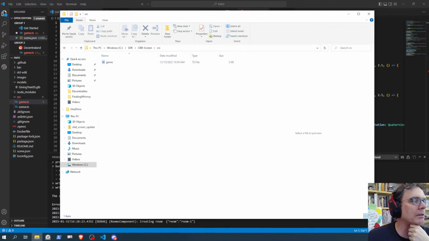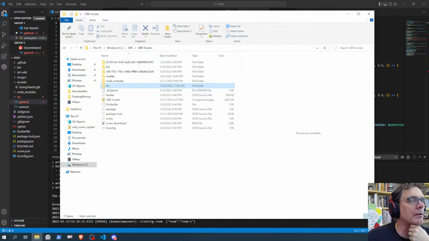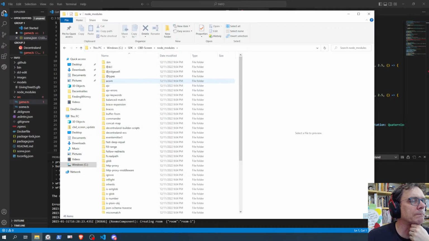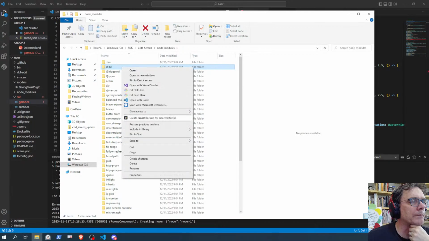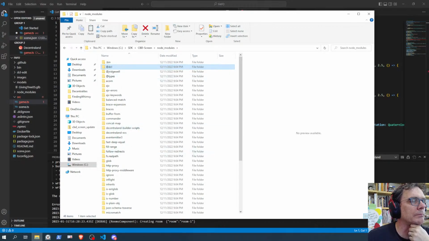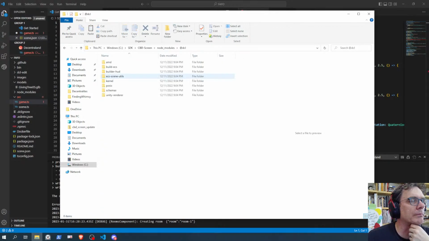I'm pretty sure I just downloaded it, but I'm not sure. Go node modules, and then I think it's either at DCL or it's there. It is at DCL, the second folder. Okay. And then what is it? HUD, something HUD. But yeah. Are you gonna copy the entire thing? Yeah. You should do it. Yeah. I mean, I could just get the builder HUD.